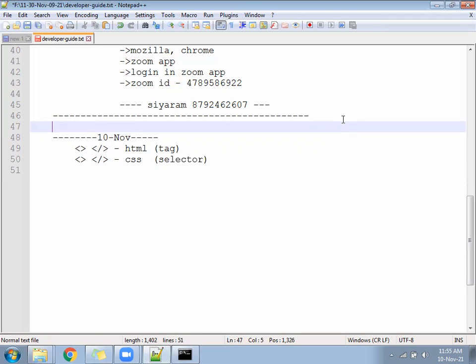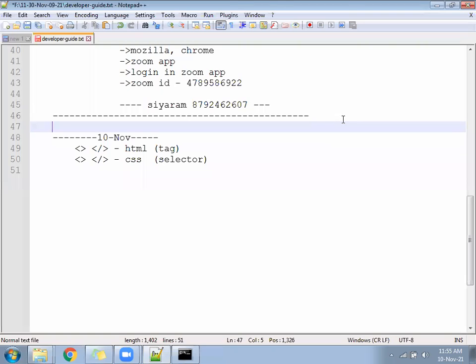All the HTML tags are called a tag in HTML, whereas all the HTML tags are called a selector in CSS. Now the question is, in HTML how many types of tag have you seen? Two types, input and output. But CSS says that if I divide into only two types, I cannot manage all your work or give you more features. So CSS has divided all the HTML tags into 5 types.